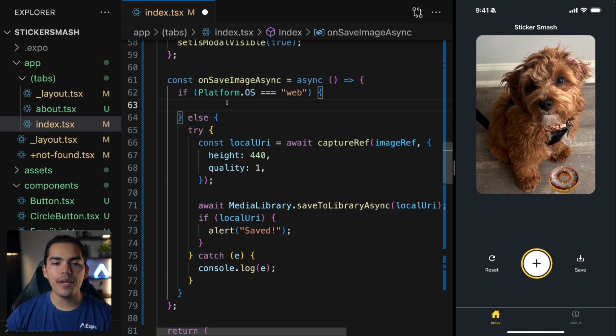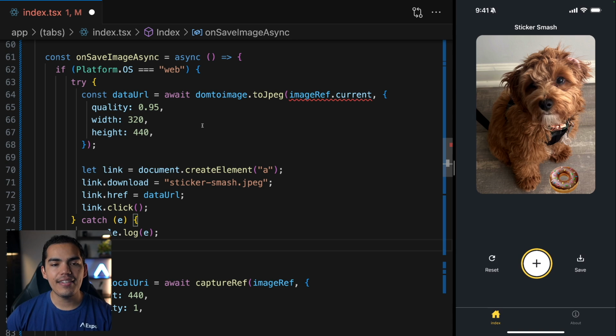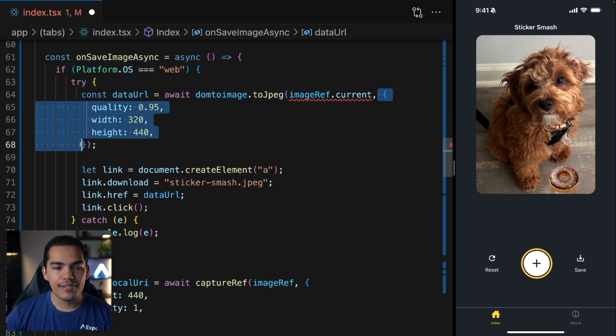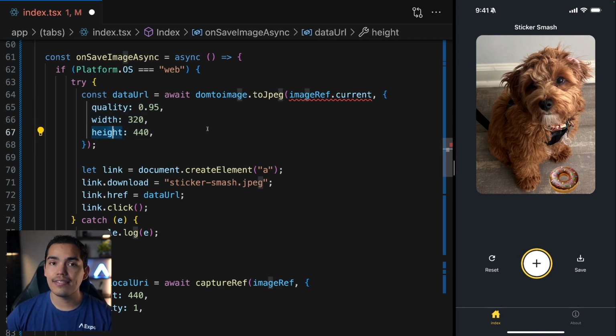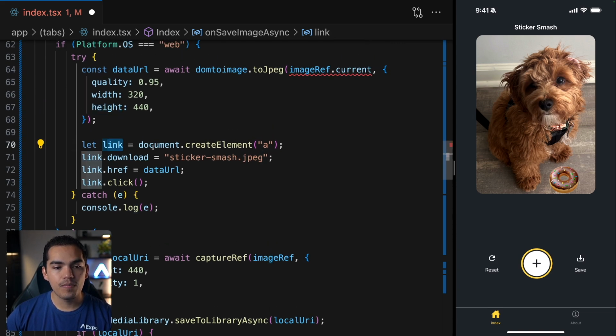Now, in the case of web, what we want to do is pretty similar. It's going to be a try catch as well. But in this case, we're going to be using the DOM2Image. And this one has a method called toJpeg. This is going to take the node, and this also takes some properties like the quality, width, and height. This is only going to be for web. After this, we are getting a link. So we can say